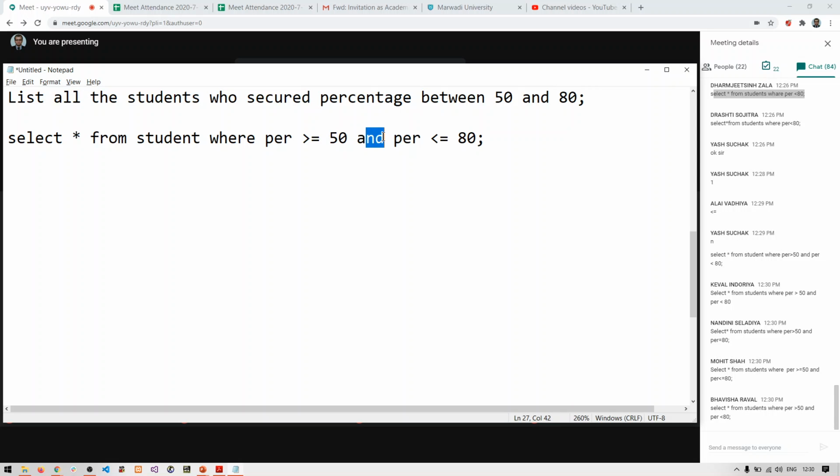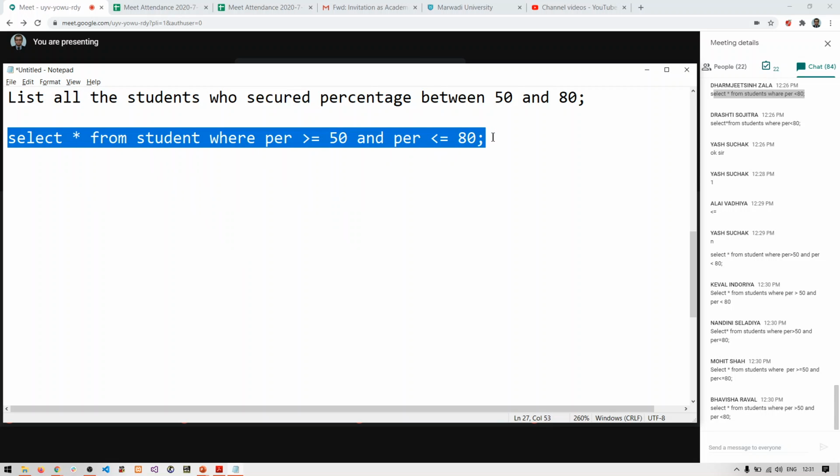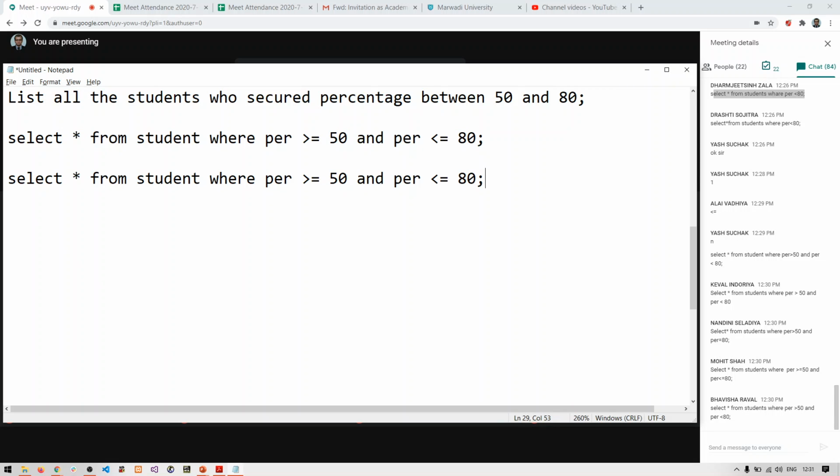You used the AND operator. But if I want to write the same query, I can use one more command. Instead of using these relational operators, I will just use one command called BETWEEN.